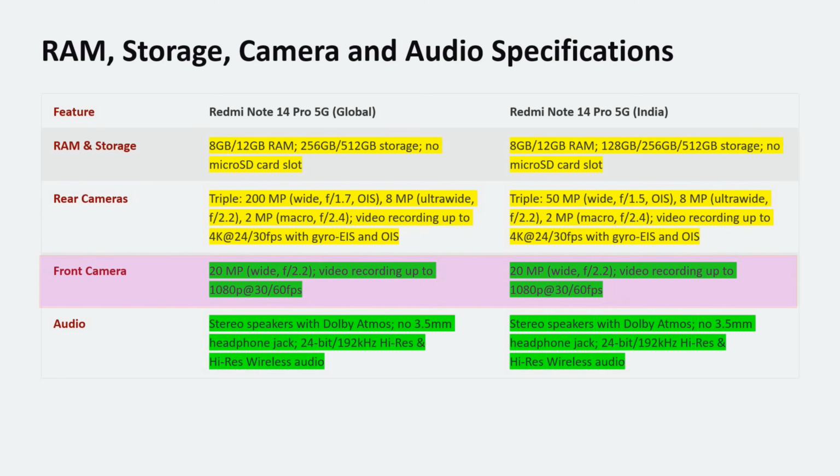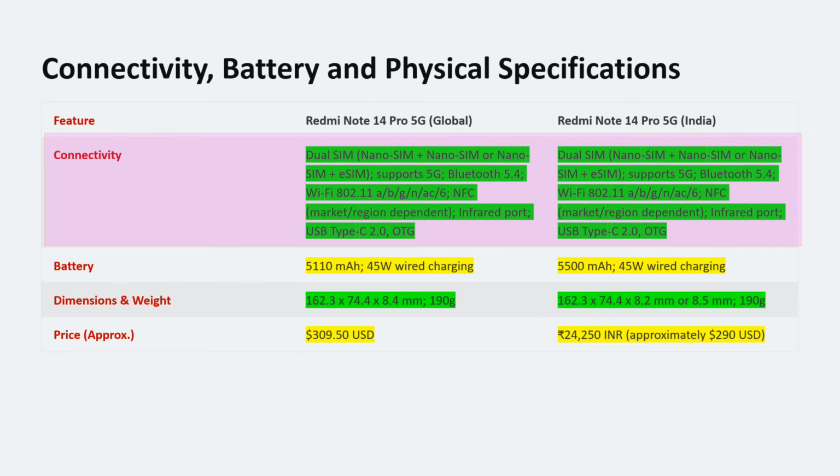Front cameras of both the version is 20 MP and video recording up to 1080 pixel. Audio of both the version is stereo speakers with Dolby Atmos, no 3.5 mm headphone jack and high resolution wireless audio. Connectivity supported by both the version is dual SIM, supports 5G, Bluetooth 5.4, Wi-Fi, NFC, infrared port, USB Type-C 2.0